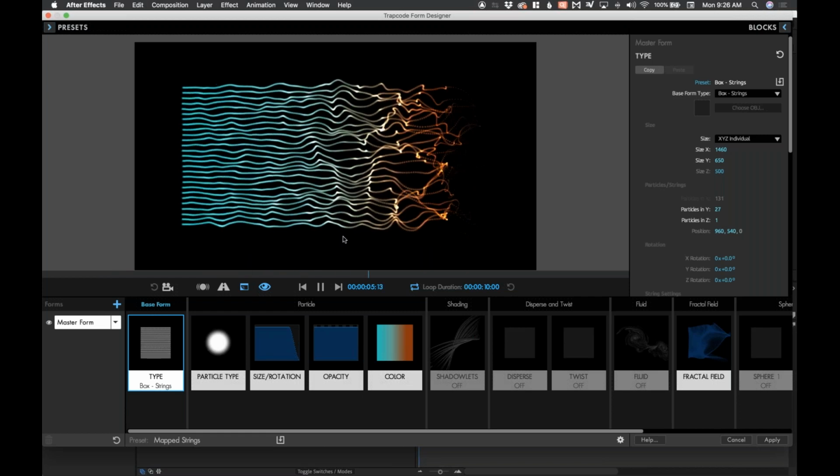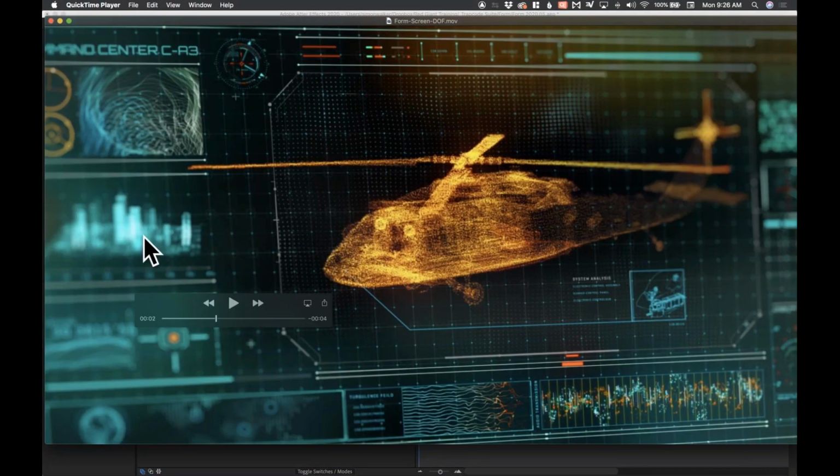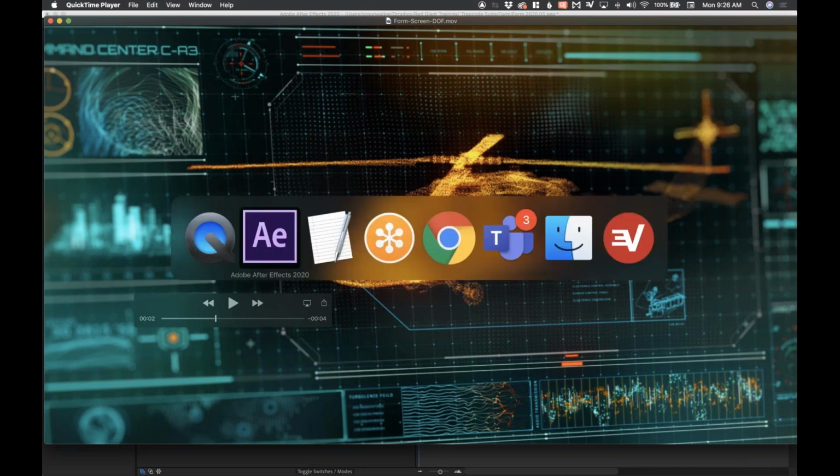And in fact, let's just look at a couple more of these things here. The city here is one of the preset OBJ files. This is a preset in the top left-hand corner. And a lot of those bouncing elements in the bottom right are actually parts of the preset in Form, because